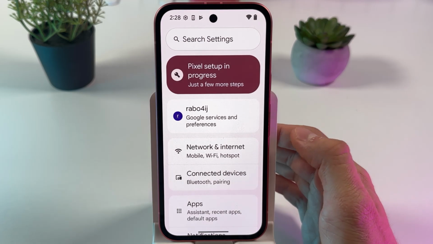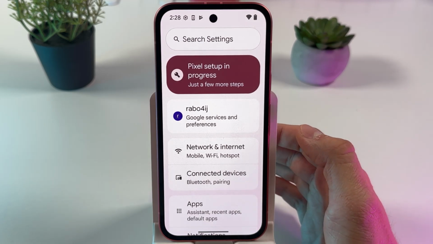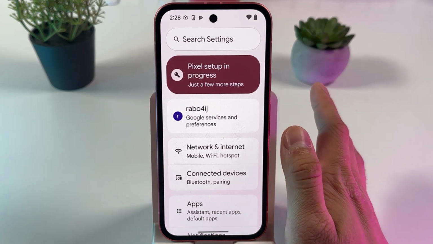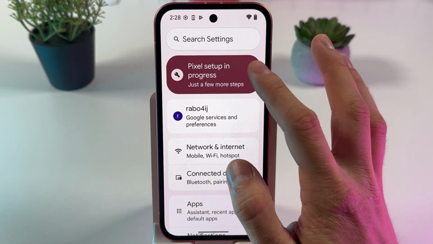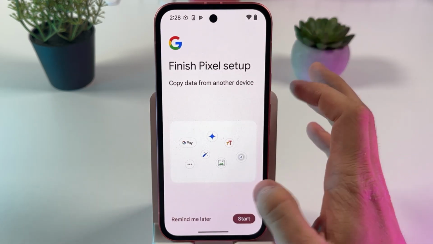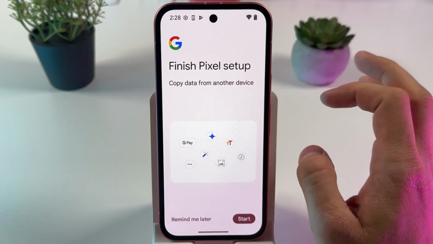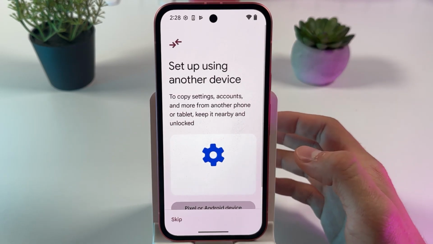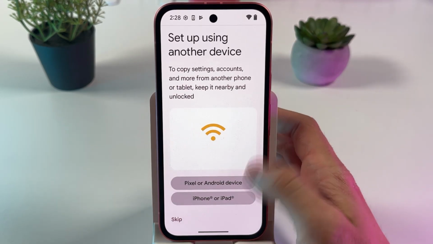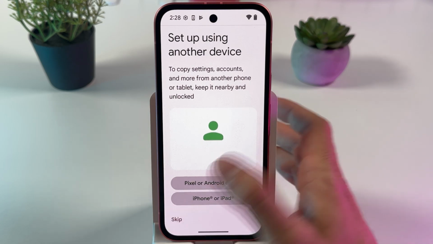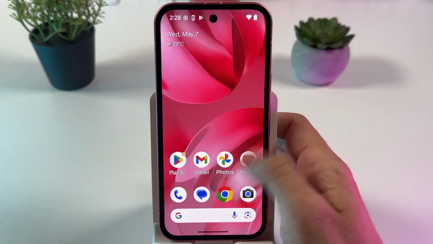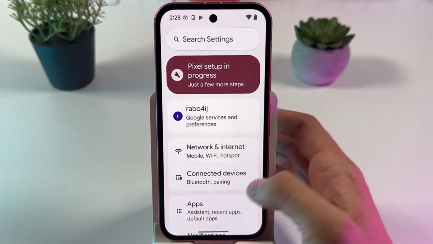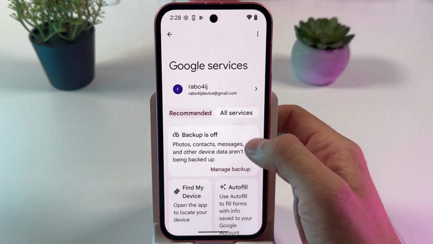You are to open up your settings, and to do that you have to reset your Google account. Basically, I haven't done that yet, so you can copy data from another device. You can press Start, right, and you can do this through a Pixel or Android device. However, in order to open up this menu, you are to open up your settings, open up your account, open